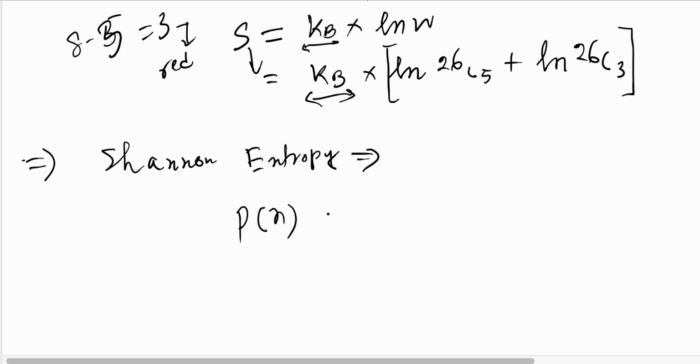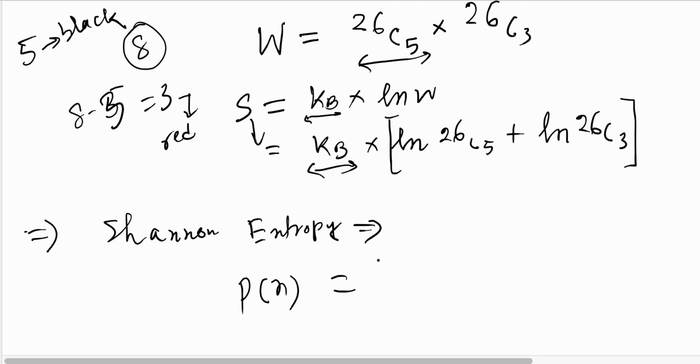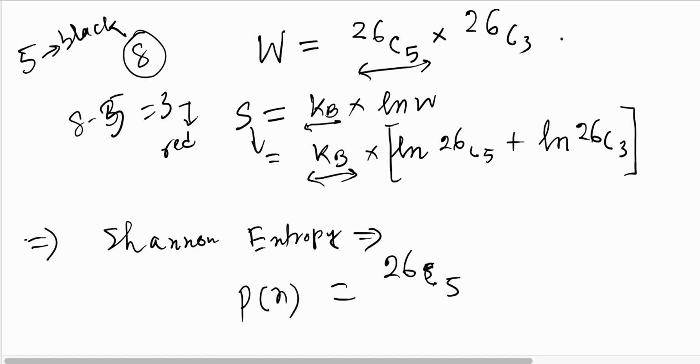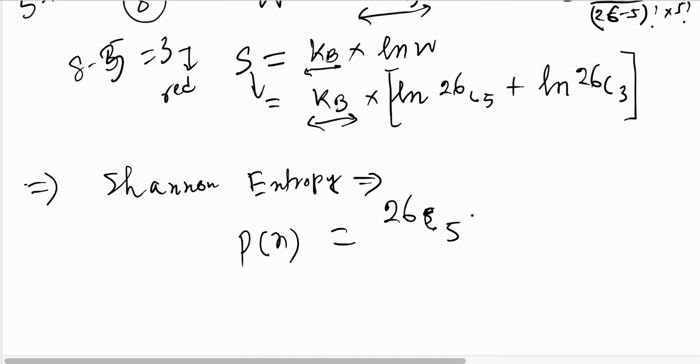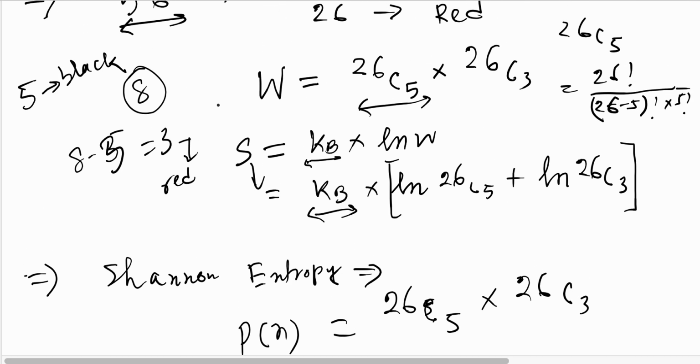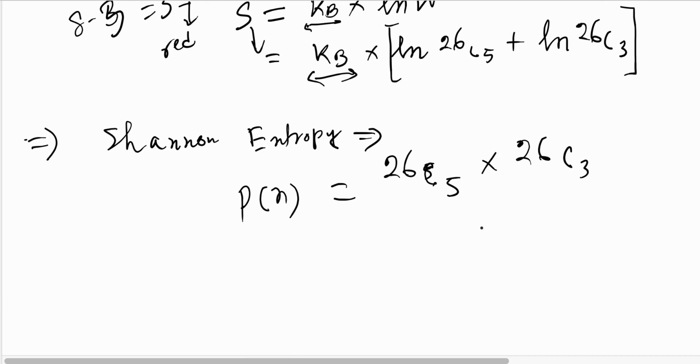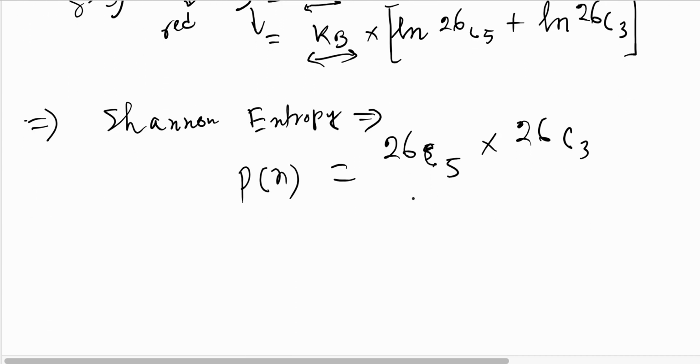Probability will be simply this factor, 26C5. Actually, 26C5 means 26 factorial by (26 minus 5) factorial into 5 factorial. So if you put this number in, this means the total number of ways I can pick this combination, 5 black and 8, and how many ways I can randomly pick 8 cards out of 52. It's